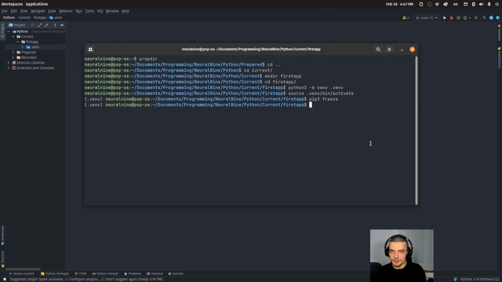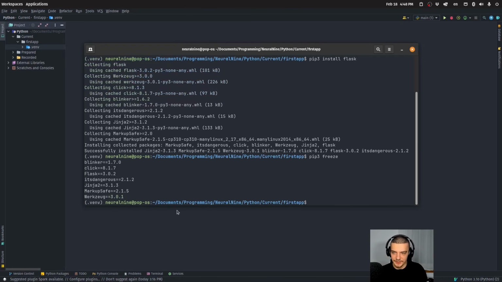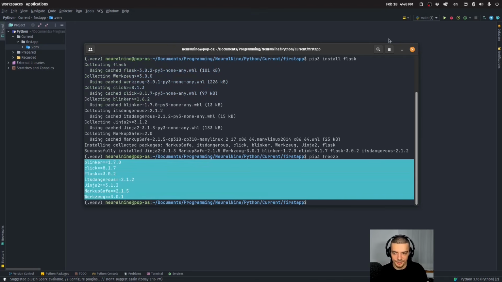Now, once you have the virtual environment running and activated, what you have to do is install Flask. So pip or pip3 install Flask, and this is going to install everything that's needed for a basic Flask application. I can run pip freeze again, and now you can see I have a couple of packages installed